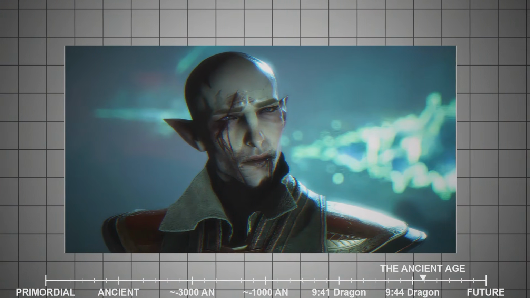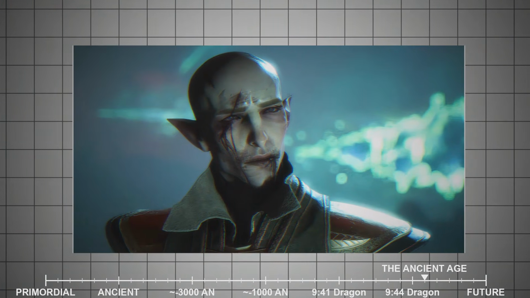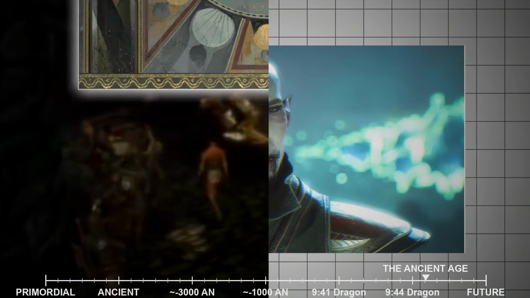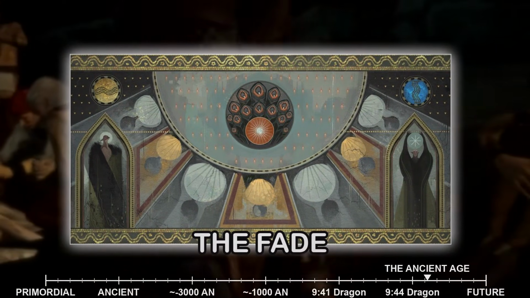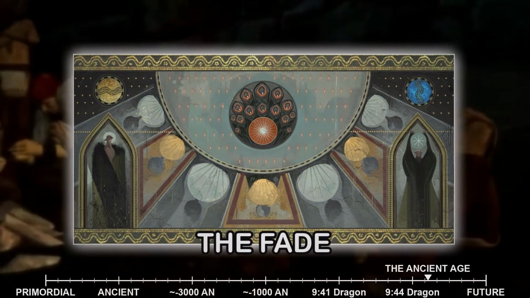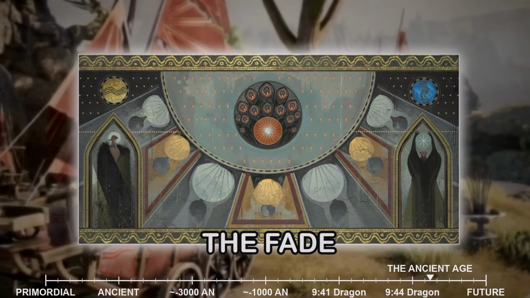He will not kill the Evanuris. He will imprison them. He will lock them away in a place where they can do no more harm, where their tyranny will end forever. That place is the Fade itself. The irony is not lost on Solas. The Evanuris draw their power from the Fade, from the spirits they enslave and the dreams they manipulate. It is fitting, then, that the Fade should become their prison.